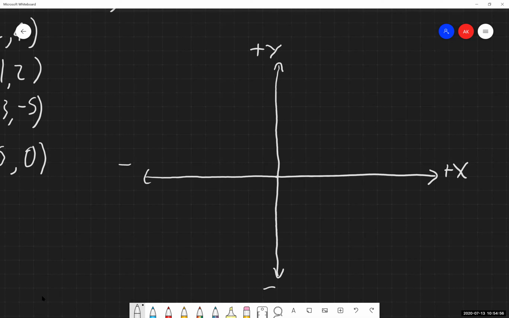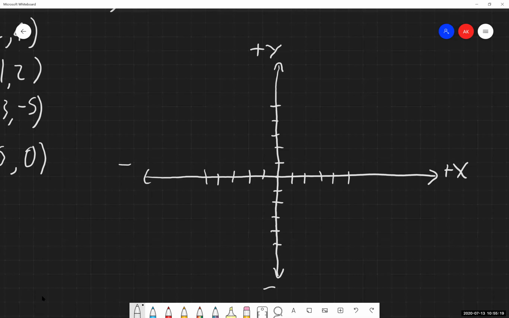And then we need to scale the axes accordingly. So am I going to scale each of these little tick marks by 1s, by 2s, by 3s, 5s, 10s? What are we going to go with that? Well, I'm looking at the points that we have. We don't have any particularly big numbers that are showing up, which is fine. So what I'm going to do is I'm going to scale each of these tick marks to go by 1s.